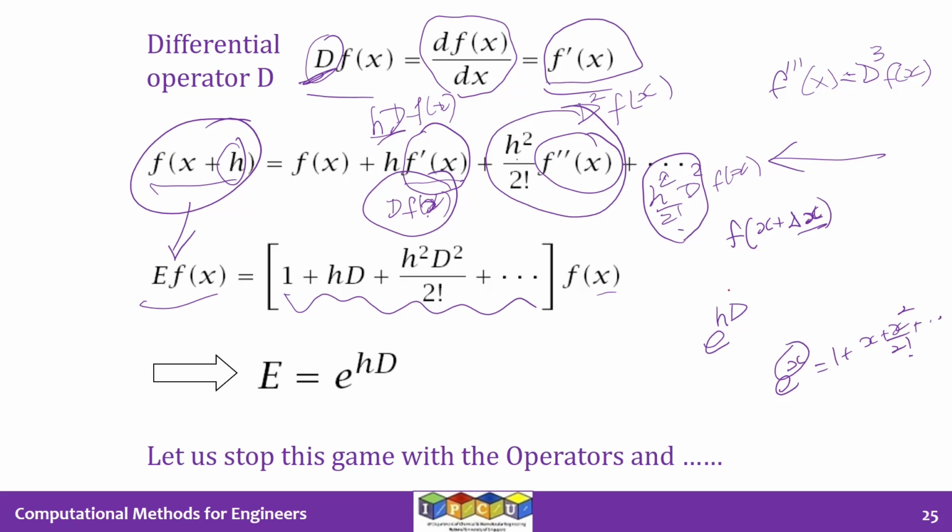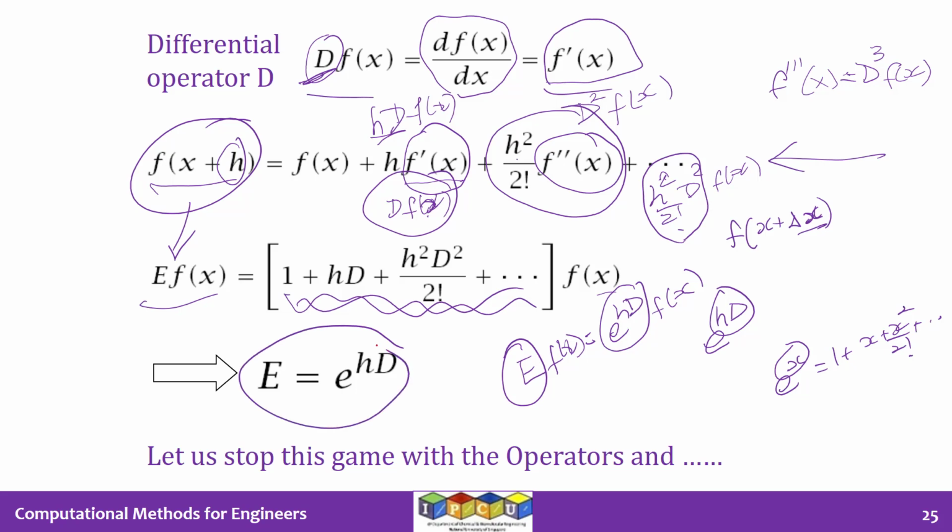So if you replace x by hD, you're going to get this expression that you see in the square brackets. So you're going to get E of f of x is equal to e to the power of hD f of x. And then we can say E, which is the shift operator, is nothing but e to the power of h times the differential operator. This may not appear useful to you now, but if you do a course on process control, particularly a course on digital process control, you will see the connection between E and the differential operator, this expression, particularly useful there.